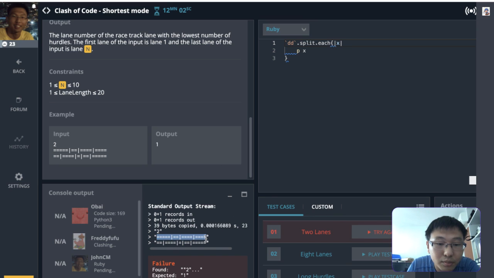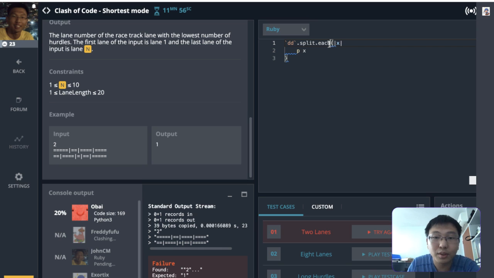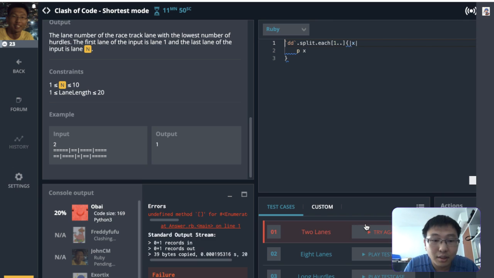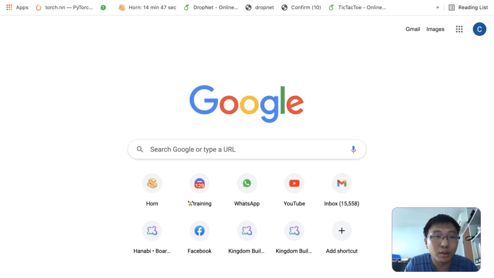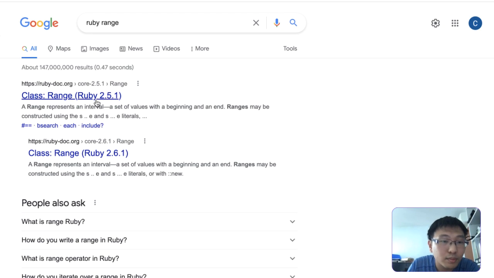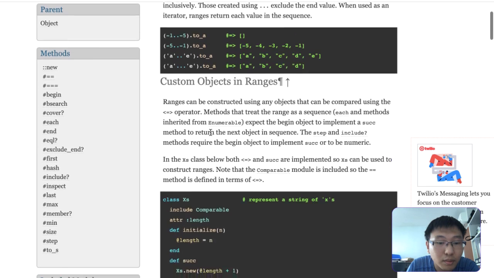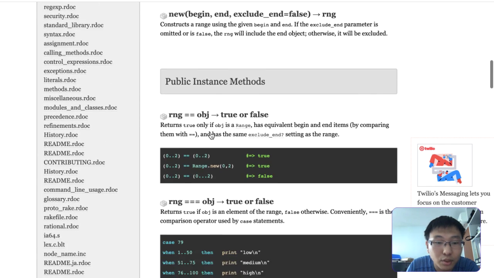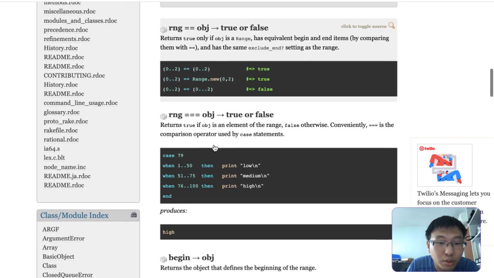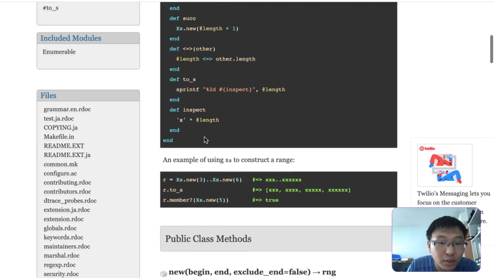Okay, so all right, I guess we have to do some form of mapping. Okay, so each one dot dot. Does it work like that? Array indexing. Ruby range. I used to know how to do this quite well. So a[0..2]. Okay, so if I want to go dot dot to the end,